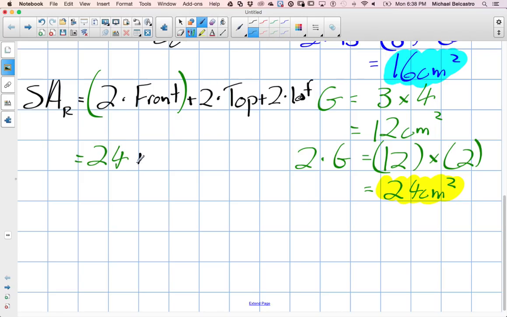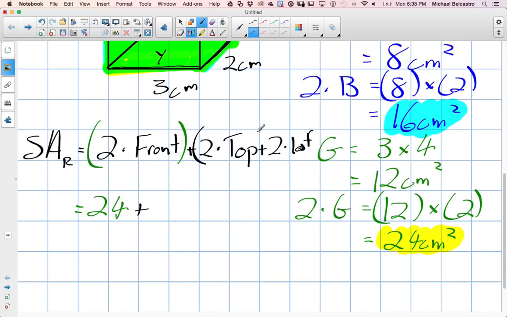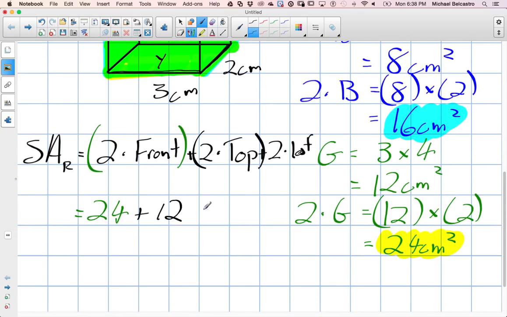Okay. Plus, what are our tops? Our tops were the yellows, right? So I'll write those in black. The 2 tops, we figured out all together were equal to 12. So we add 12 to it. And then finally, the left and the right were the ones we did in blue. Was equal to 16. So we added 16. Okay. Does this make sense how we built this all together? Yes. Yeah? Okay. So we've got them all, and sometimes it takes a bit of breaking everything up, left, right,